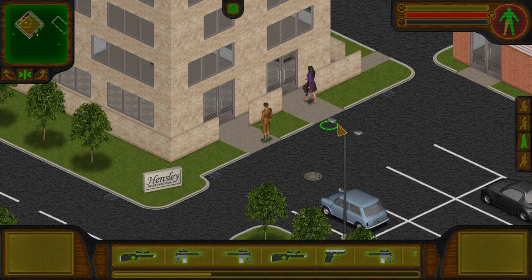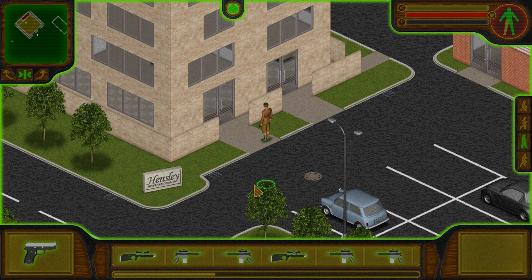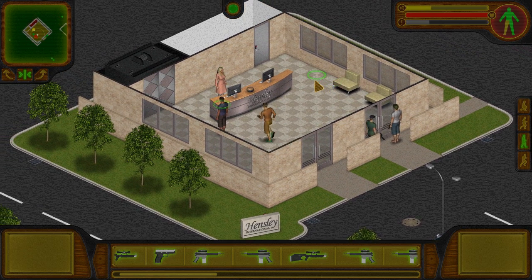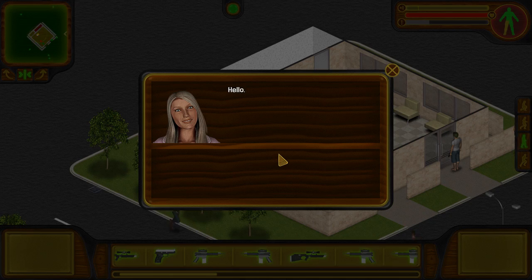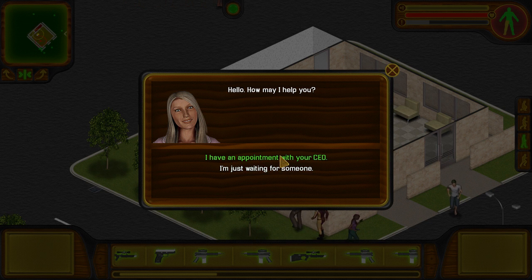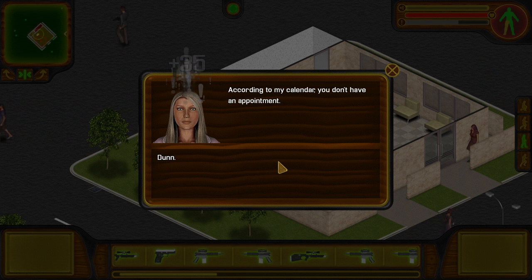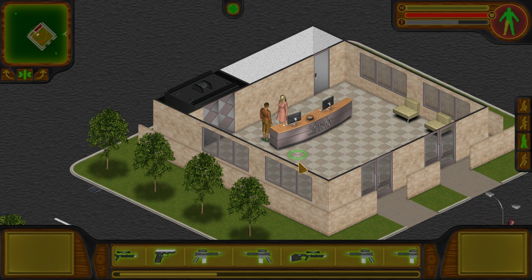The suspicion stat is affected by stuff you do during a mission. The goal of most missions will be to complete them with as little suspicion as possible. If I shoot a random NPC, for example, you can see how my suspicion increases. You can also generate suspicion by choosing the wrong dialogue options. If I go talk to the receptionist here, I might choose a line of dialogue that raises suspicion towards me. A lot of this will be common sense, but there will probably also be a bit of trial and error